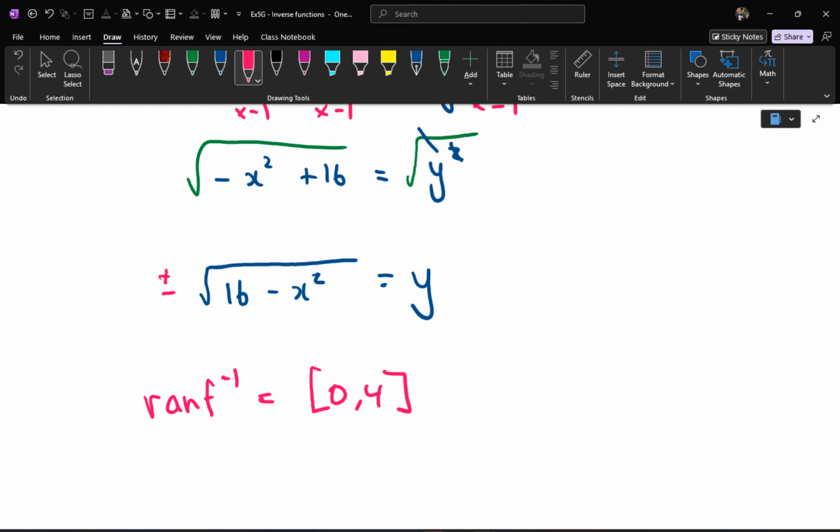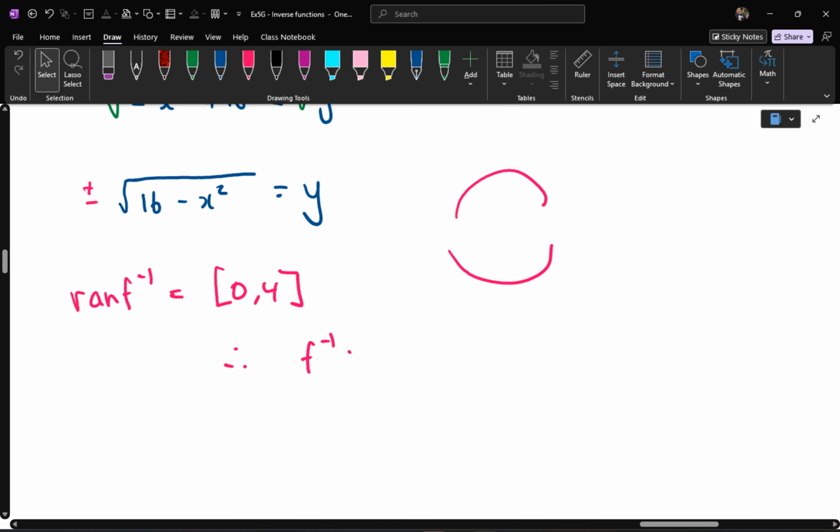So the question is, which semicircle, the top half or the bottom half, will make sense that the range has to be 0 to 4? Is it the top half or the bottom half? Top half. So that means the answer, the F inverse, and if you write it properly, you should be writing